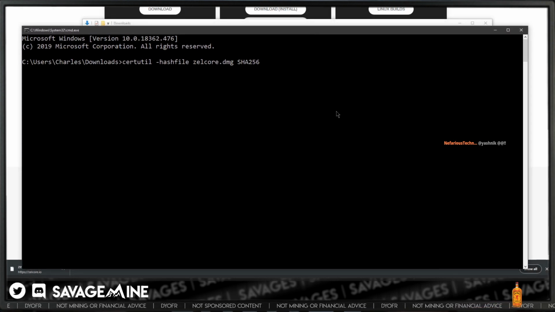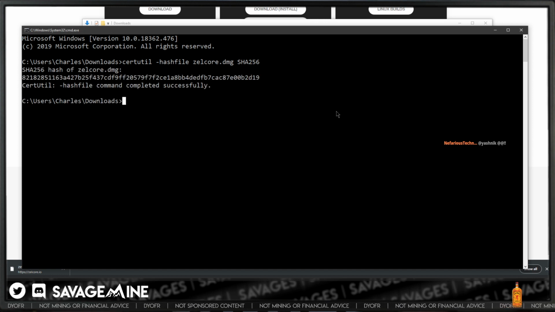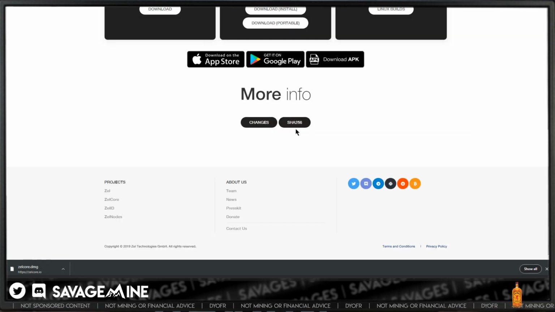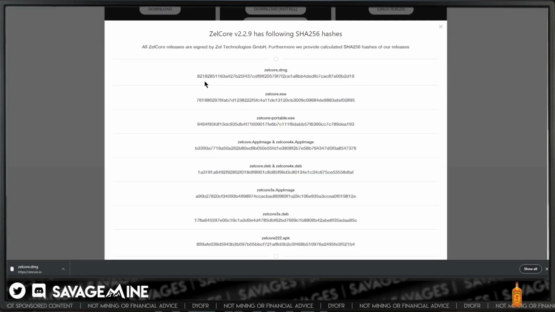All right, so press enter here, and then we get the hash. Now this is kind of odd because I'm not going to be able to copy it because this is a command prompt. So I'm going to do it a different way, but we can take a real quick glance at it. 2D19, we'll go 8218, 2D19. First four, last four kind of thing. 8218, 2D19, and then we could just glance over the rest of it to verify it.